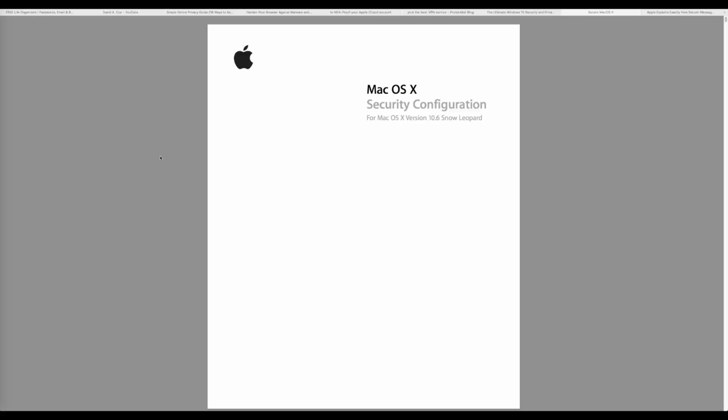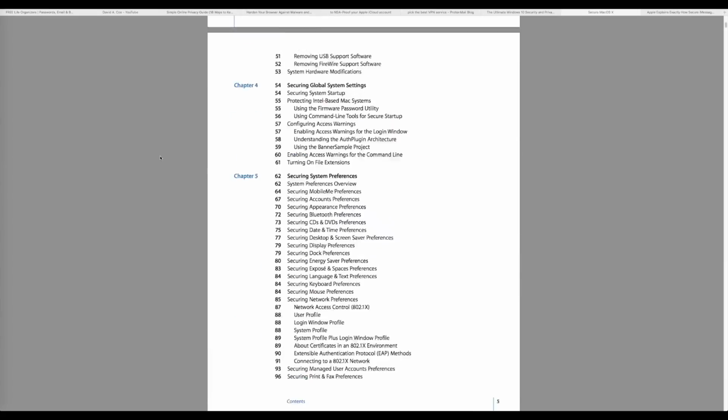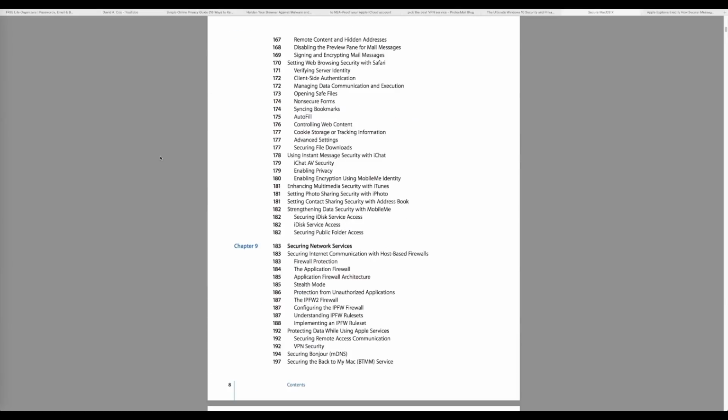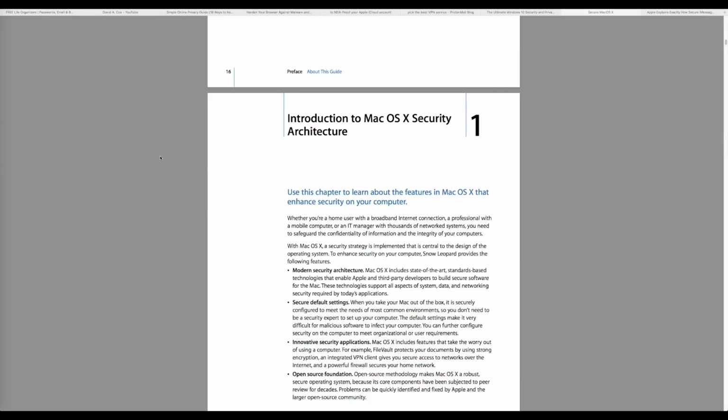And I've been using these documents for years, and I've implemented a couple of these things now and then over the years, just to make my computer more secure. So this document is really, really helpful. It goes into quite a lot of depth. So if you are familiar with macOS and you do tinker around in the terminal, then this is something which I think you'll find really, really helpful.